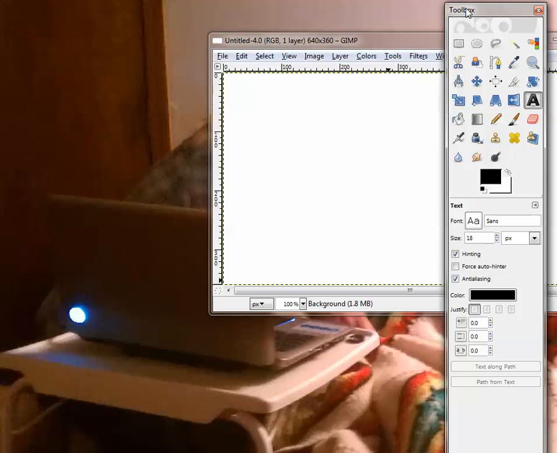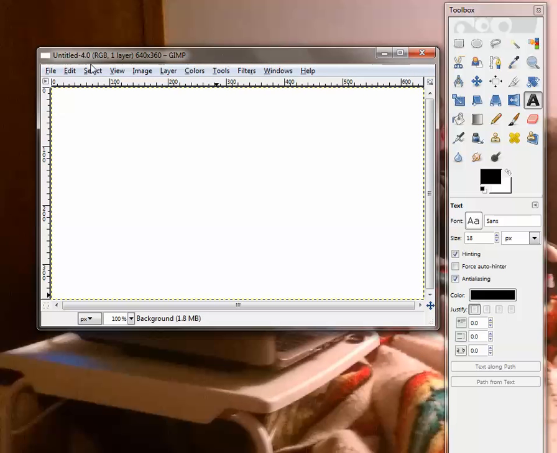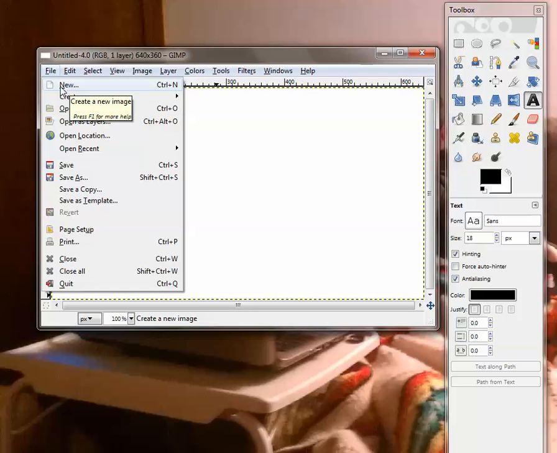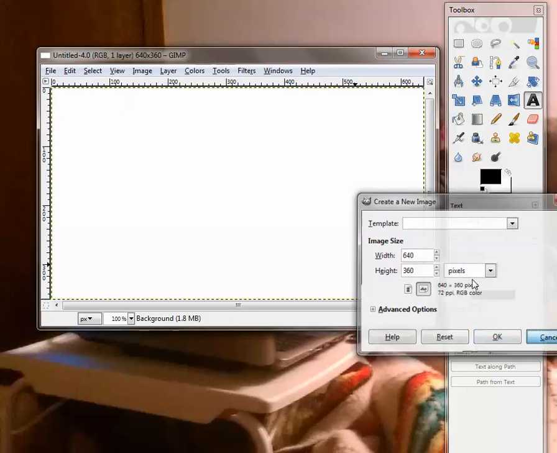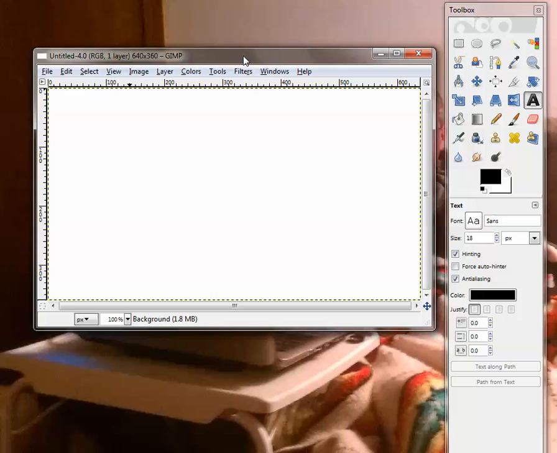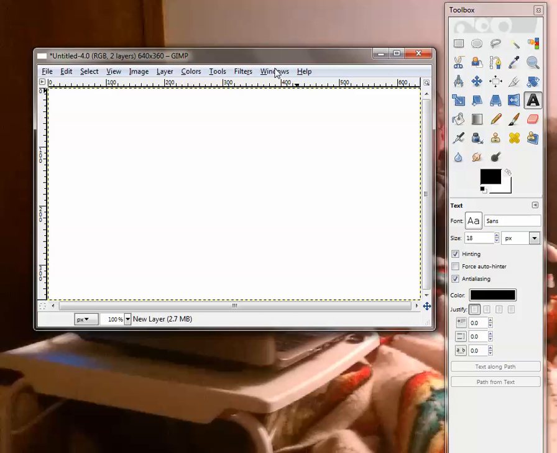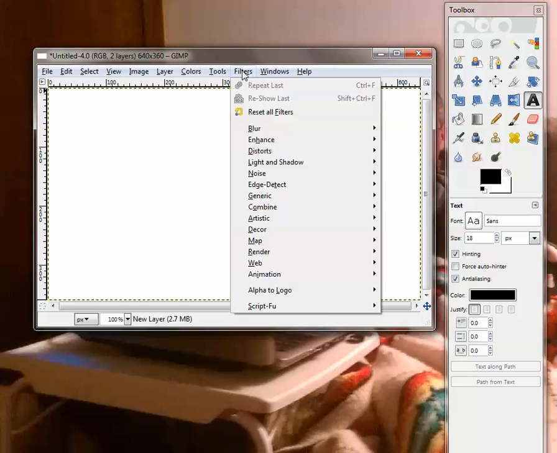What I use is Gimp, G-I-M-P. It's a free software editor, and I've created a new image just by going to New Image, and it's 640 by 360 pixels. I've got just a basic white background, but we're going to want to get rid of that background eventually. So I'll create a new layer, and then I'll bring up my